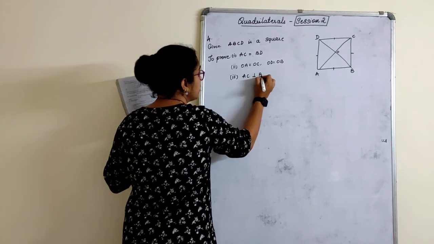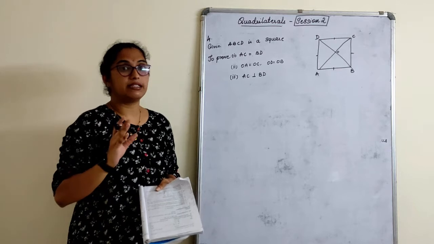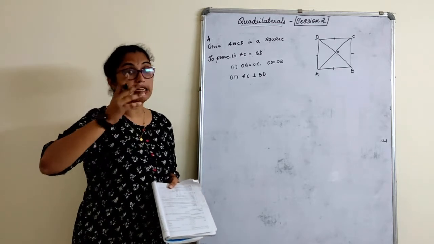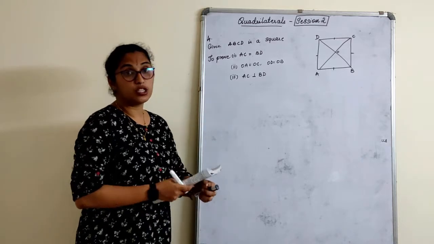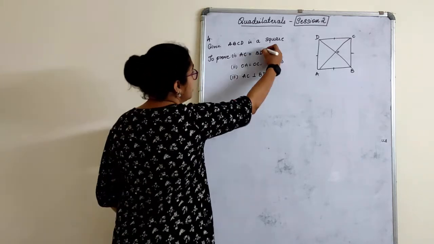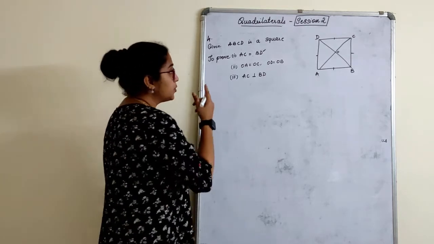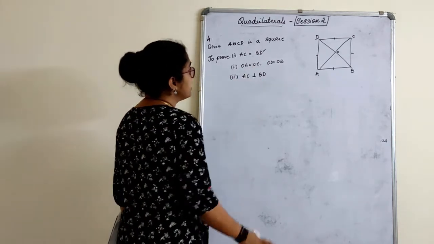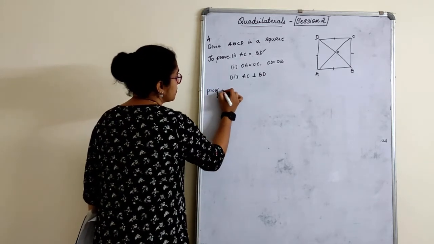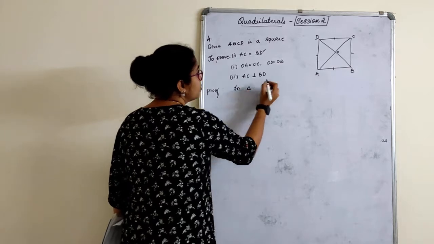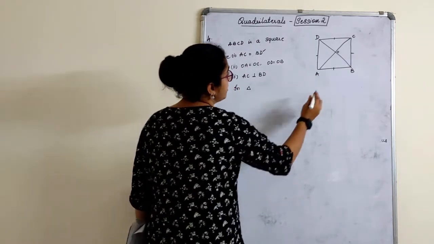AC perpendicular to BD. Always remember, whenever we have to prove something perpendicular, that has to be done by CPCT and linear pair or something like that only. We have always done it. These are the three conditions what we have to prove. So first, let's choose the first one. Two sides, of course, all are done by congruency only. Choose a triangle in such a way that it has AC and BD. Proof. In triangle, it should have AC, and it should have BD.